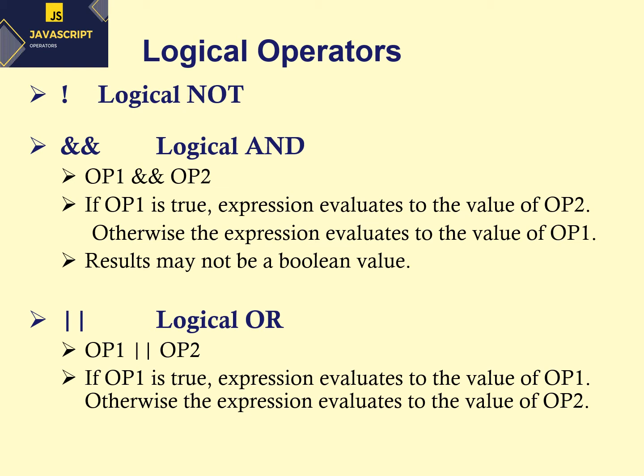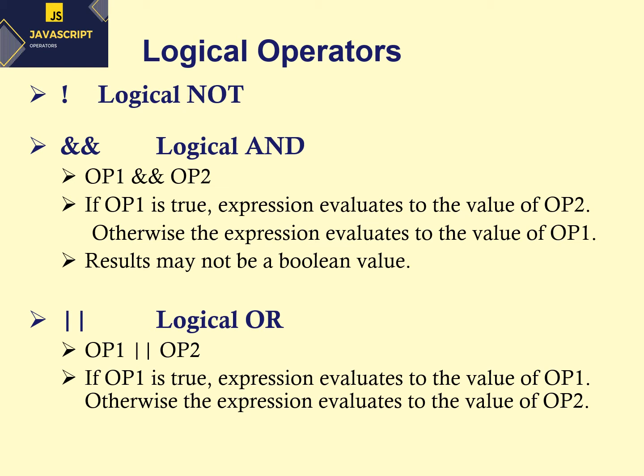Then double ampersand stands for logical AND. For a logical NOT operator, we need only one operand. A single operand is considered for logical NOT, and it is termed a unary operator. In case of logical AND, we need at least two operands, and the general syntax is like this: operand 1 double ampersand operand 2, operand 1 logically AND operand 2.